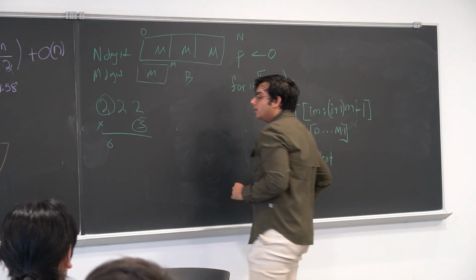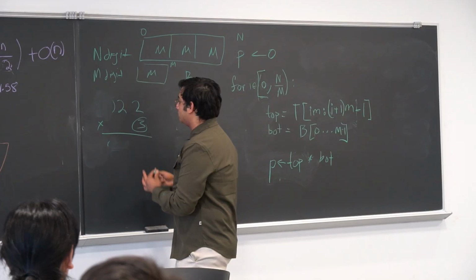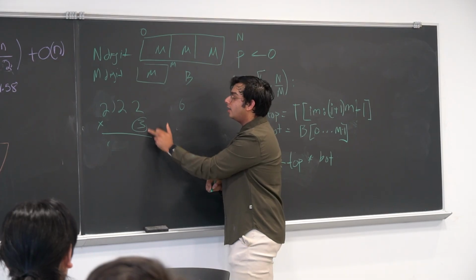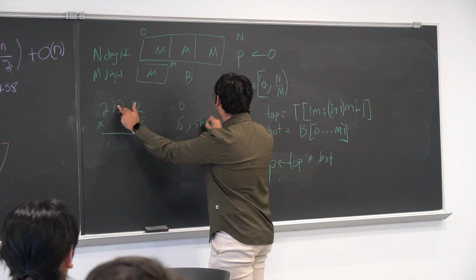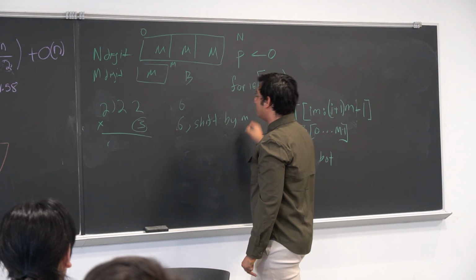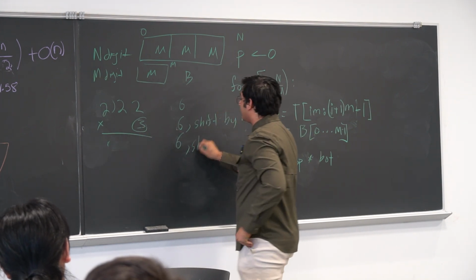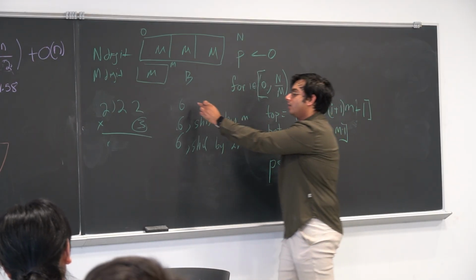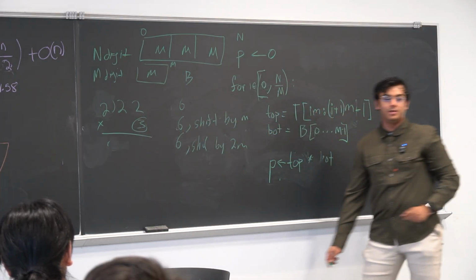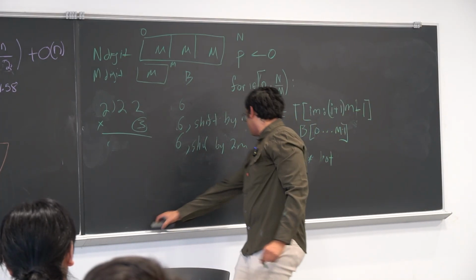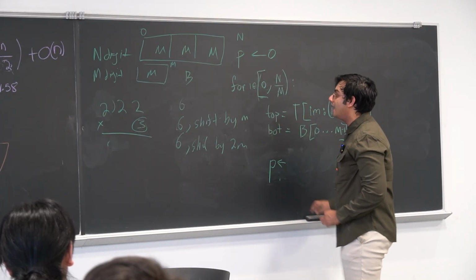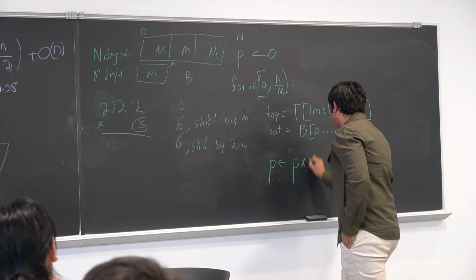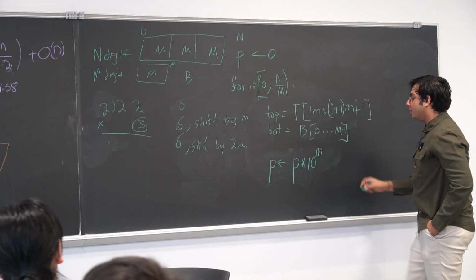If I had started my computation on this side, I get 6 here, and then I get another 6 here, but then I have to shift by m. And then I get another 6 here, but then I need to shift by 2m. So I'm doing extra work. I'm doing shift 0 plus shift m plus shift 2m. If instead I take the existing product that I have, I shift it by m one time, and then I add the new product on,